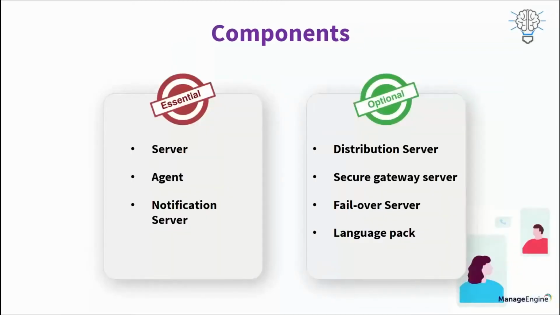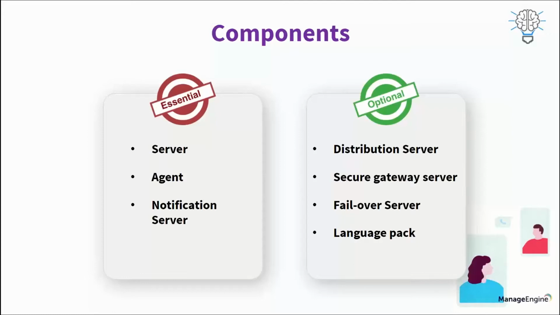So what are the components that you need to run this application? These are essential as well as optional components. The Desktop Central Server is a central component that you will install. It will provide the interface to the management console. The agent is an essential component. You need the agent to be installed on the machine that you want to manage. Since it works on a client-server model, an agent has to be installed on the end user's machine. It's going to be a lightweight agent. There is another component called the notification server, and this is an interesting component. We will talk more about this once we go into the product.